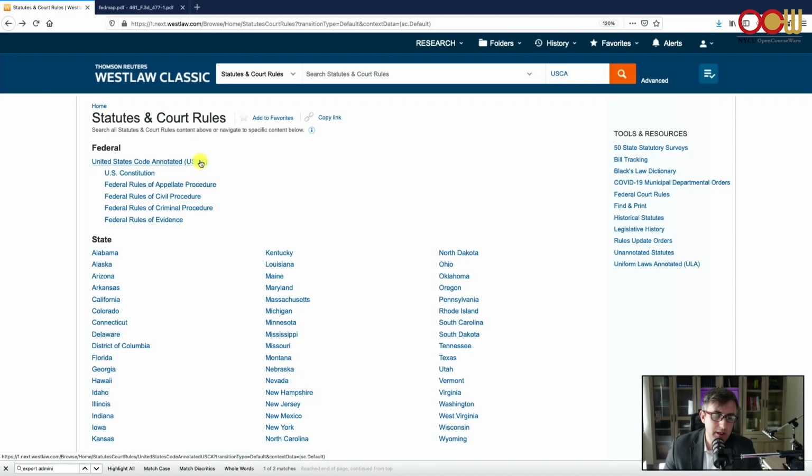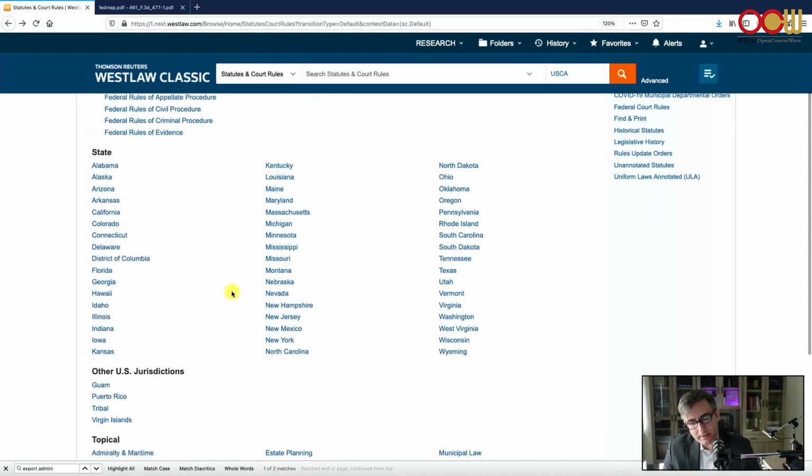So you'll be able to browse the United States Code Annotated section as well, and states as well.